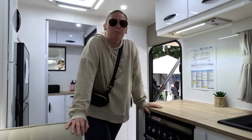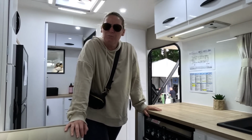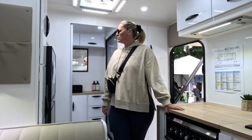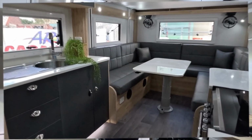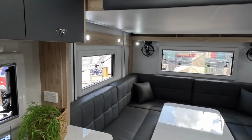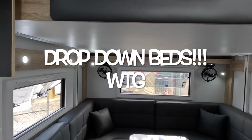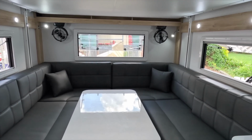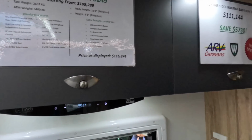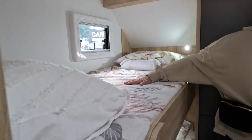Where are we at? Supreme. What's going on here? This is the executive model. I'm not quite sure this is fully off-road, but it is 21. Well, it says 23.6 and 16. Right. This is the Willow trailer with the drop-down bed. It's at the roof. Check out that area. But it has a bunk for the kids' room. How good's that? Look, kids' room. Oh, a little kiddies room in here. Yeah, and this is the...